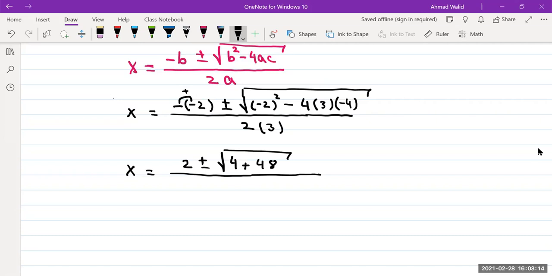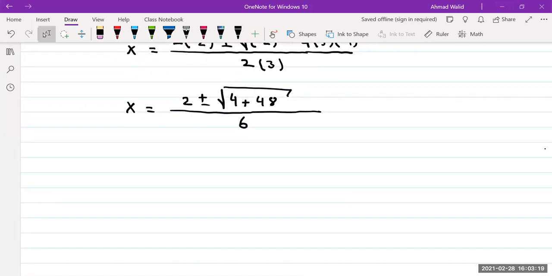Over 2 times 3 is 6. Now, simplify a little bit more. X equals 2 plus minus a square root of 4 plus 48 gives you 52, over 6. The tricky part here is this is your answer, but